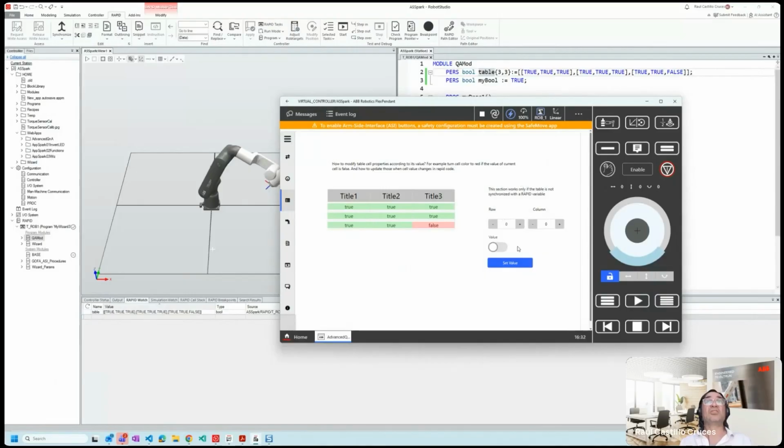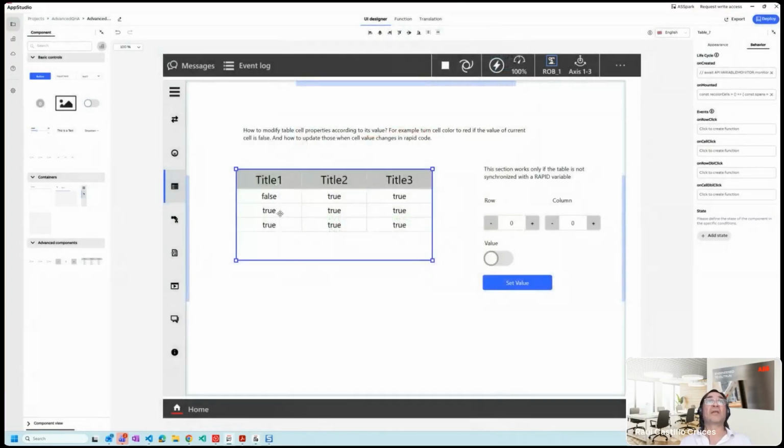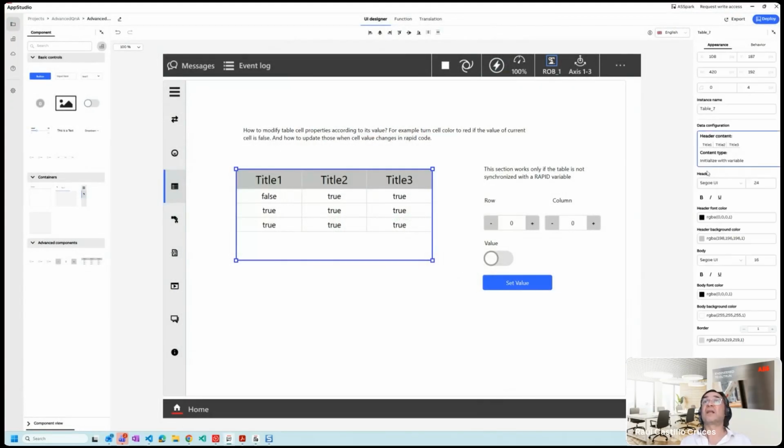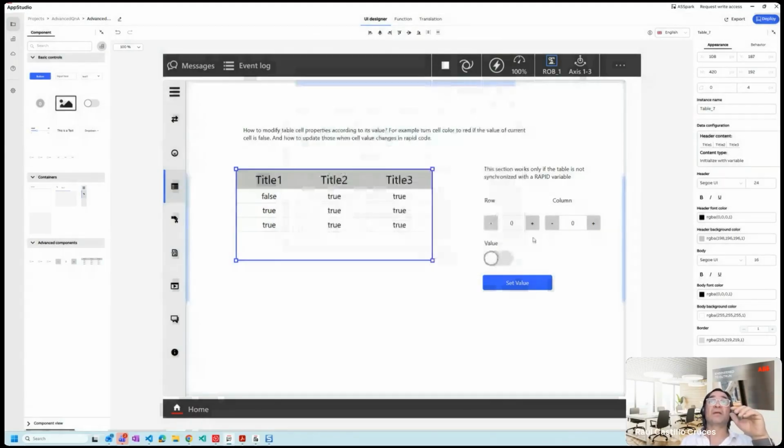I have here additionally a way to manipulate that directly, but AppStudio allows either one. So if I synchronize to a signal, I cannot modify the table by hand here. If I want to do that, I have to break the synchronization here, and then with that, deploy the project, and these components will help me to simply modify the values,